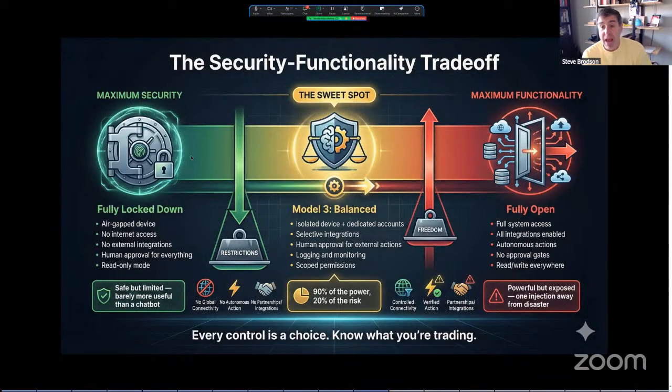Then you have the maximum functionality, which is, to be honest, in my opinion, irresponsible. We have people that are just turning these things on and releasing them on the internet. And there's been some really bad behaviors that we've noticed about that. And there is speculation out there that it's just a matter of time before they trip something or hack something pretty important.